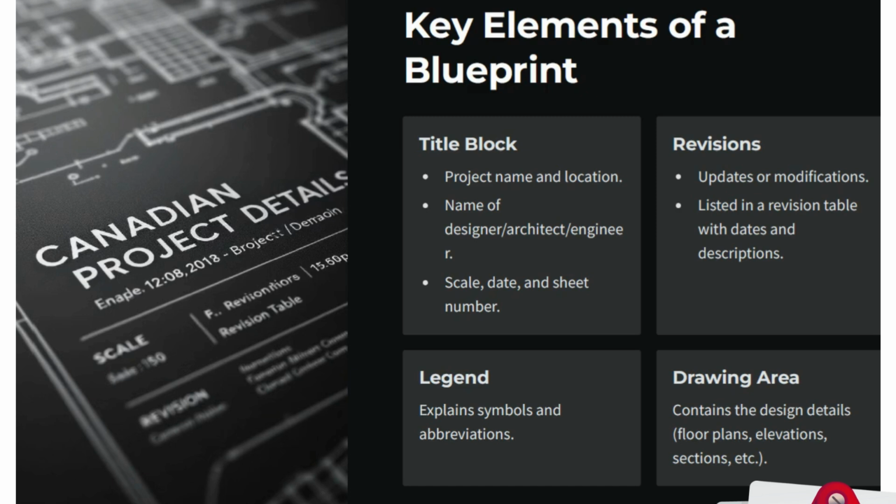Revisions: updated or modified, listed in a revision table with dates and descriptions. Drawings can have many revisions. They could be revision 1, 2, 3, etc. Of course, the latest approved official drawing with a stamp is the one that you should